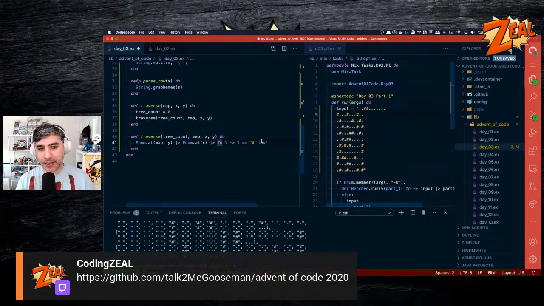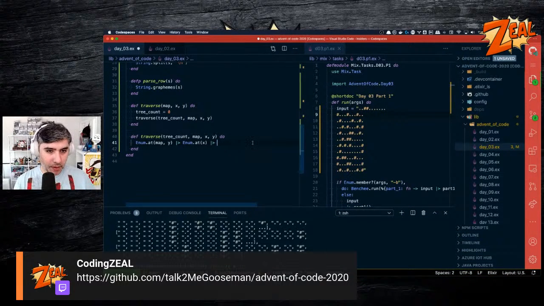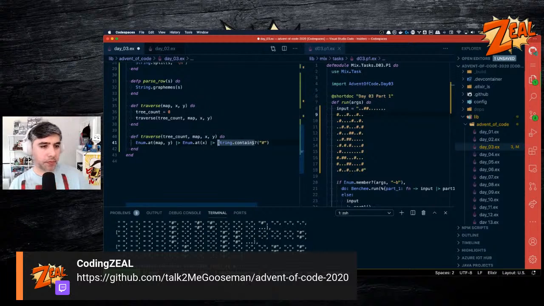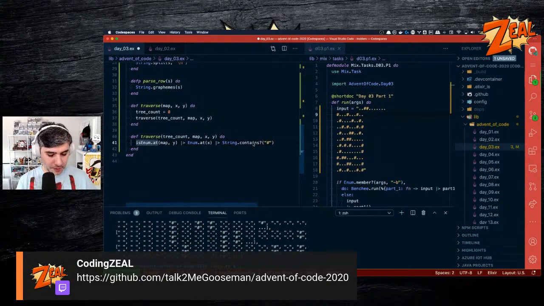I guess we could do it contains. That's the way we do it to make it more. String contains, and then it would be the pound sign. This would be a case statement too. So we'll just assign this to a variable. I'm just trying to think about fancy stuff, but as it contains is, if it is a tree,